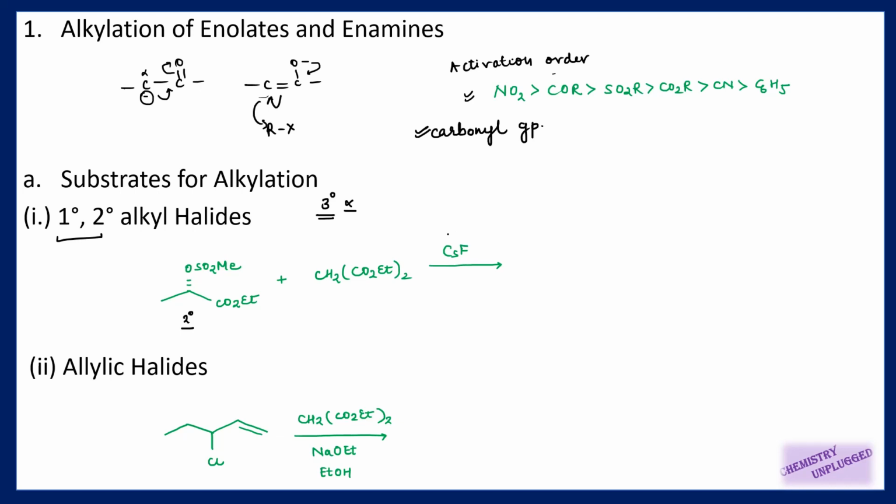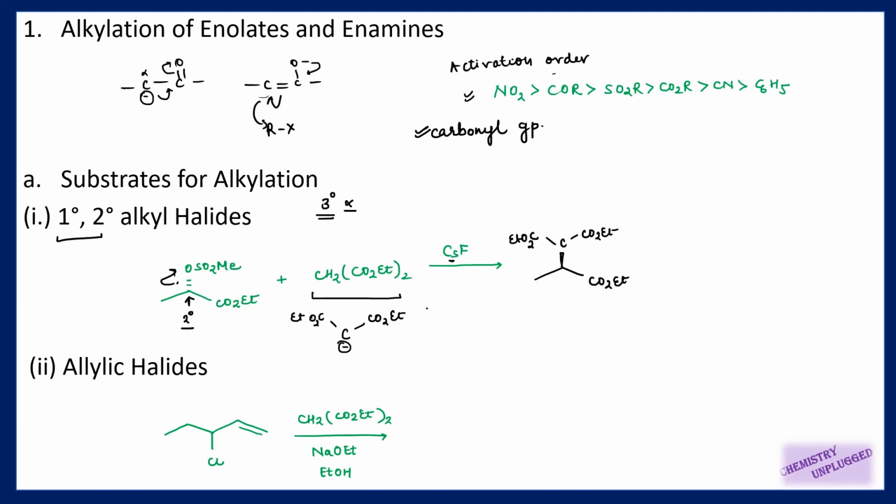Whenever you have a base here, this base will first try to remove the acidic hydrogen. So we have this malonate ester here. You can write down its structure like this. The hydrogen present on this carbon is highly acidic because it is in between two ester groups. It has the possibility of larger delocalization, which provides more stability. So we can easily remove it, and we will get a negative charge here. This enolate will attack on this carbon, and the leaving group will be removed. This is a type of SN2 reaction.